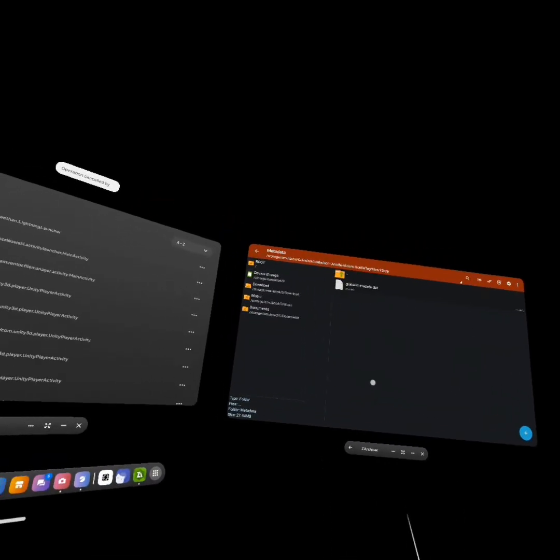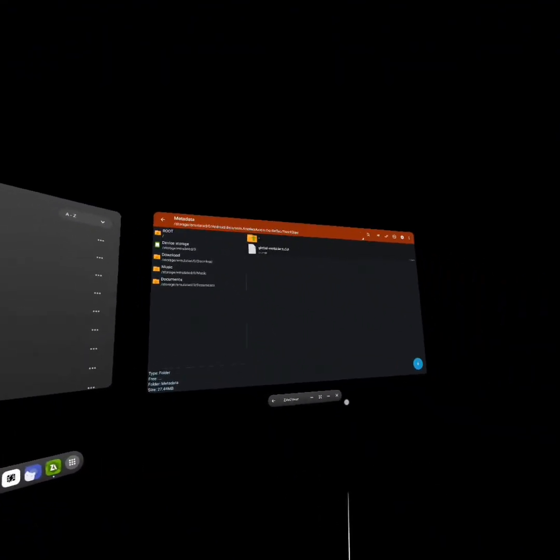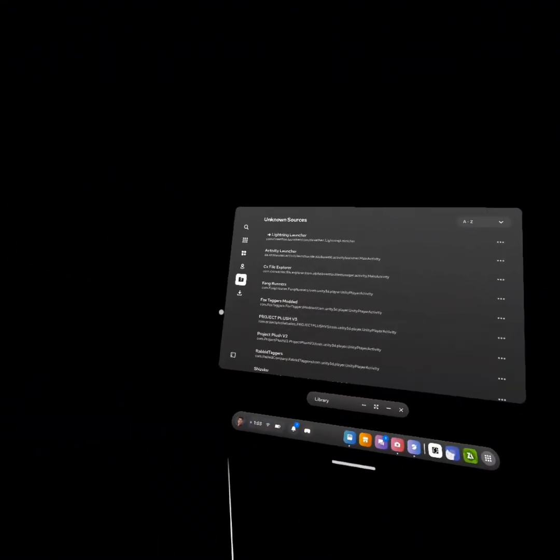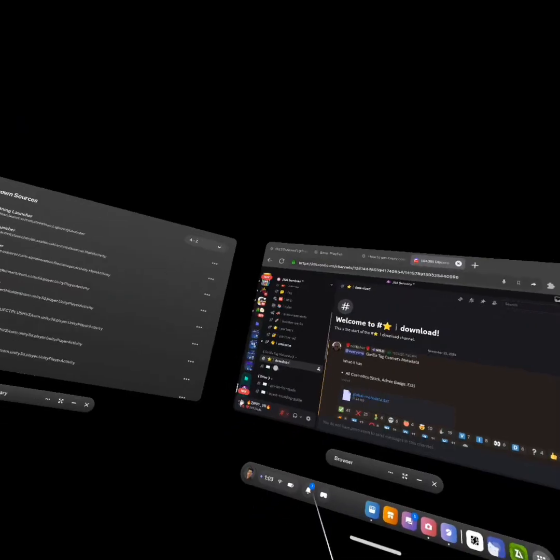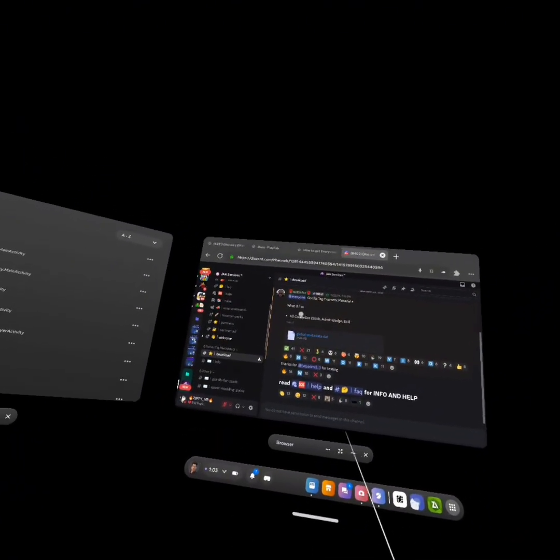I'm just going to cancel that since I already have a metadata. But yeah, that is how you get metadata. Now, here is the tricky part. So, it's self-hosted by NotFishVR,